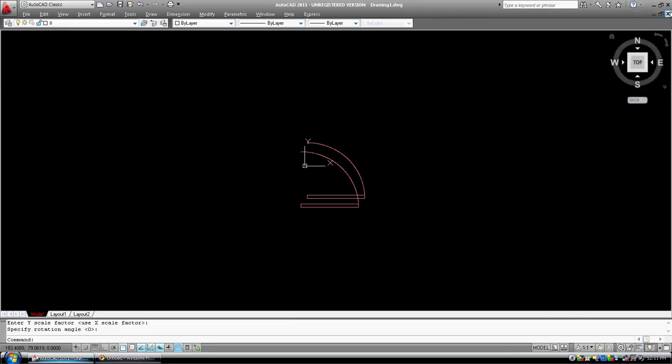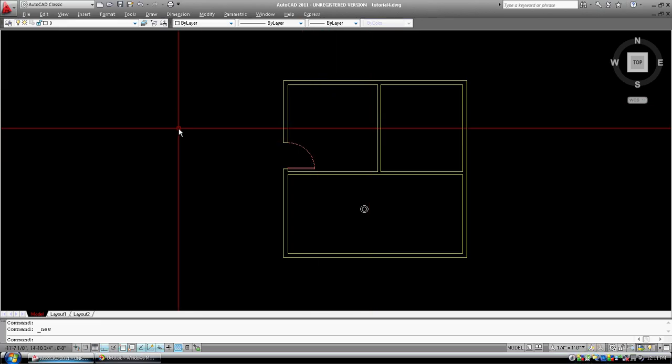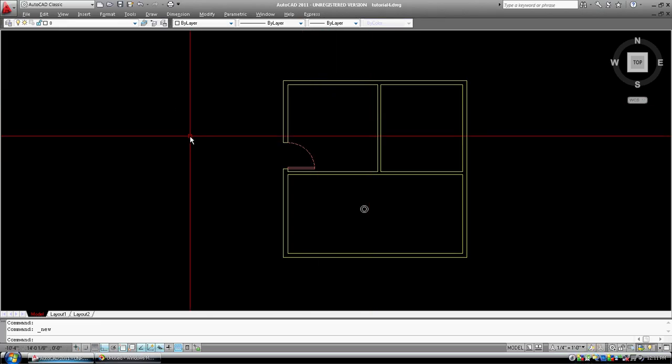Okay, let's get out of this new drawing. I'm just going to click it off. Save changes, no. And I'm back into tutorial 4. Okay, so I think that's enough for